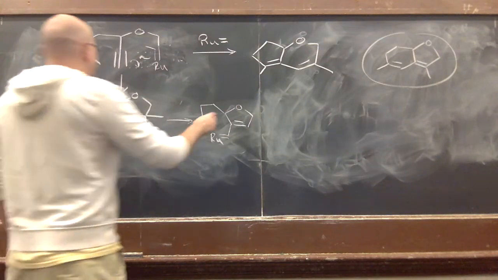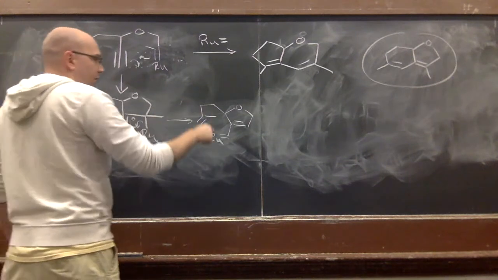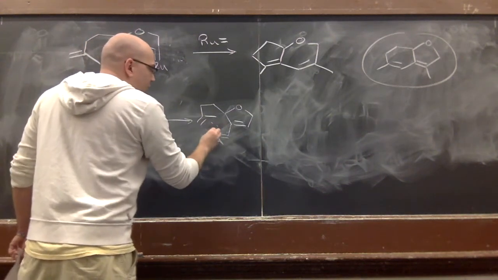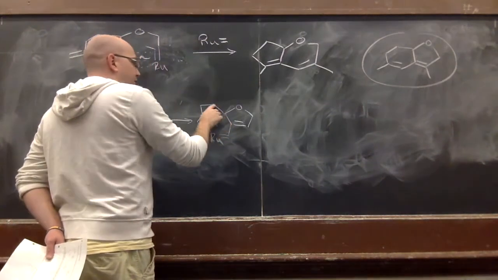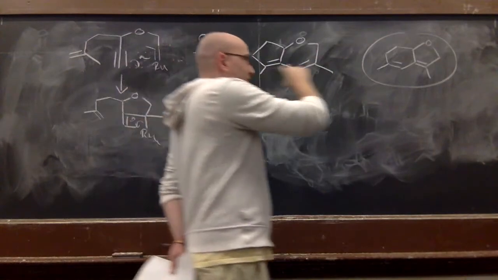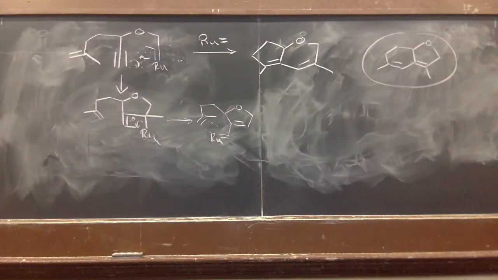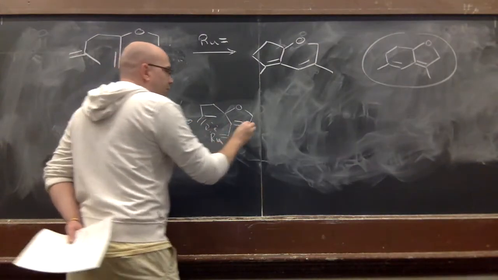So let's just double check and count. 1, 2, 3, 4. 1, 2, 3, 4. I just rotated around the bond to hopefully be able to see it a little bit easier. And now the final bond that we're going to do is that one there. So what size ring is this going to be? 1, 2, 3, 4, 5, 6. Again, we have a 6-membered ring there, so that's a good indication that that's what we should have. So when we do the 2 plus 2,